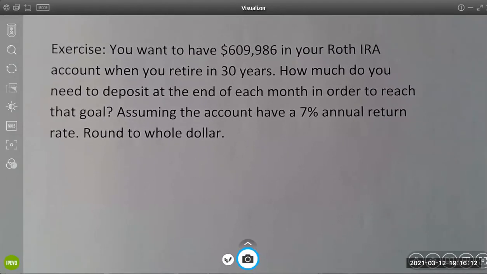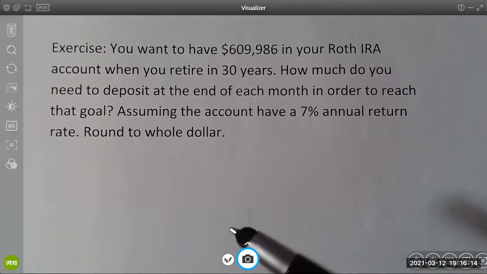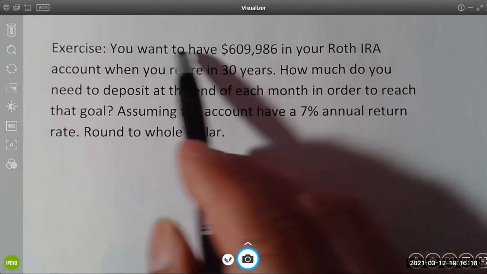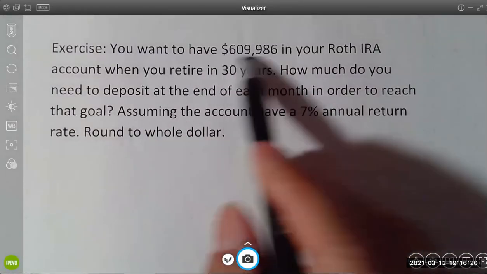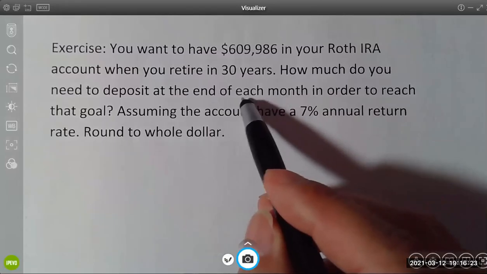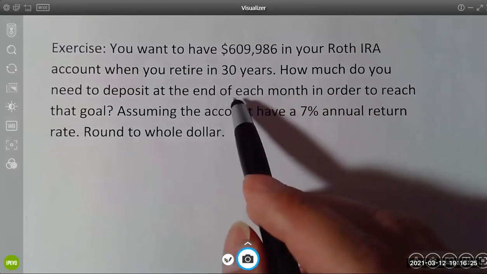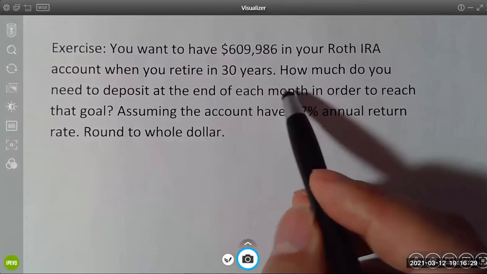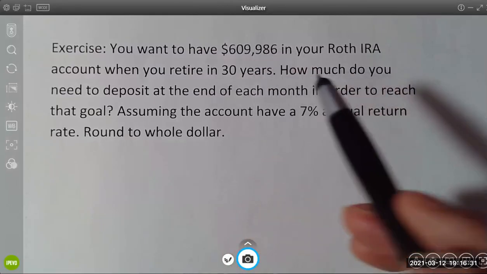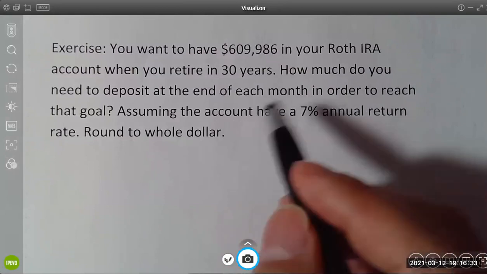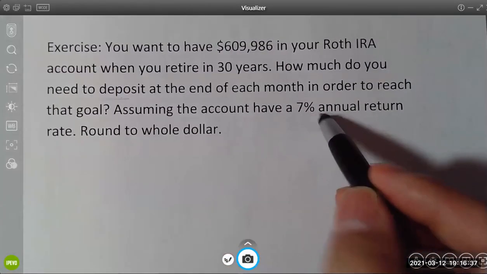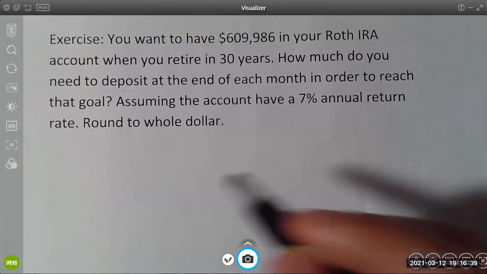Exercise. This is another one, very similar. Let's do that. So again, you want to have this amount in 30 years as future value. This time they ask you how much you have to deposit at the end of each month. So this is an annuity because of repeating deposits. Future value of annuity, you're looking for the deposit amount per month. The rest are just terms. So future value